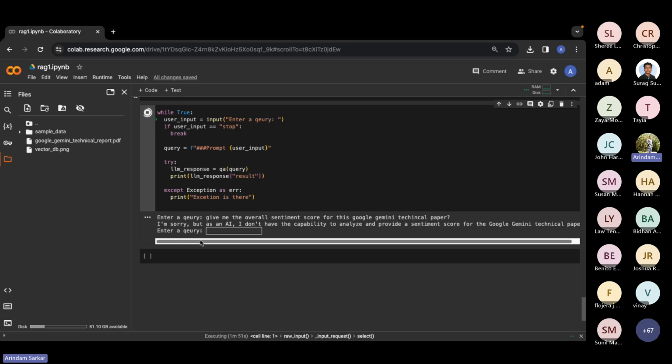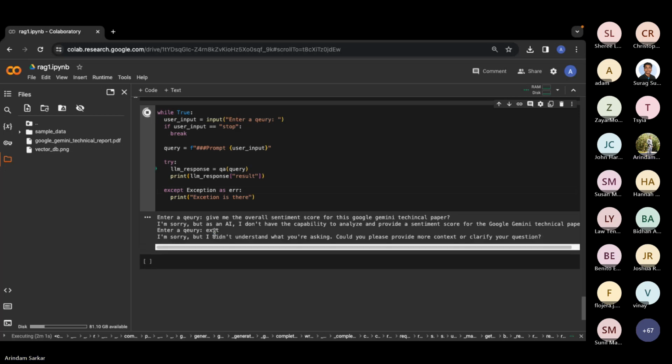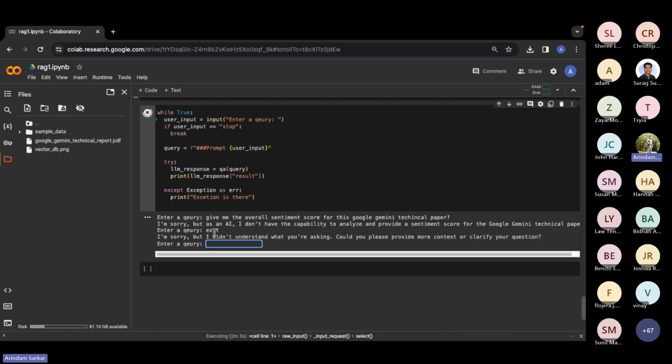So people have taken this approach to a further extent, and they have created something called the agent and tool framework, right? What is the agent and tool framework? So basically you can think of this LLM as an agent, right? Let me give you some context.